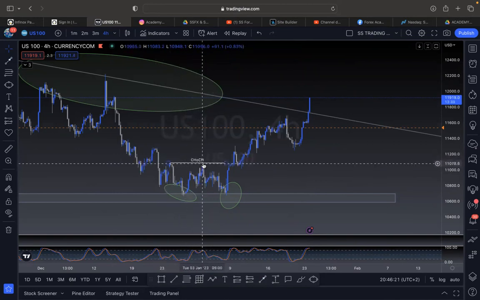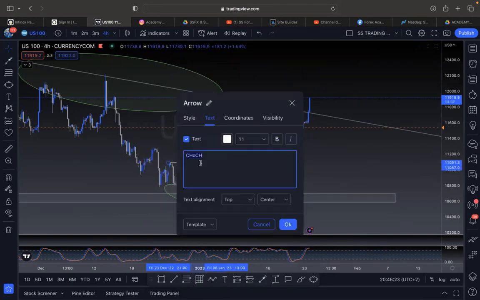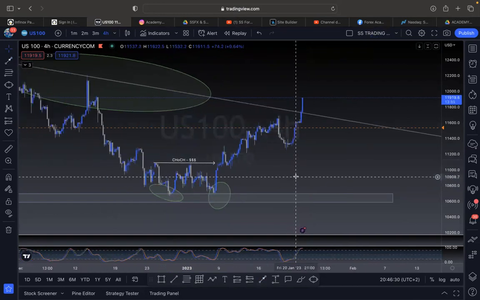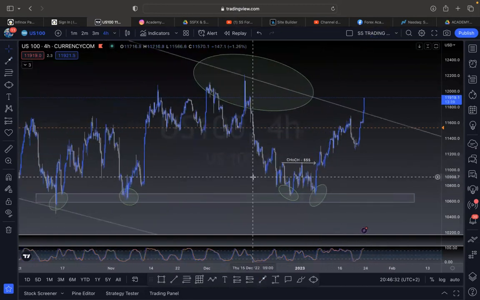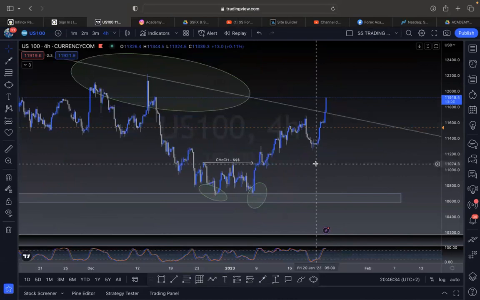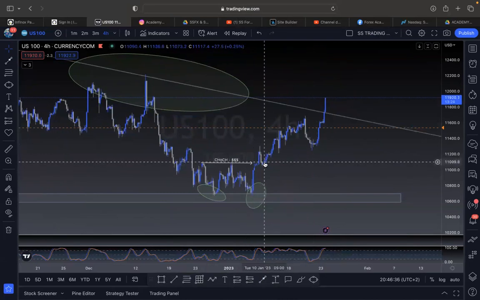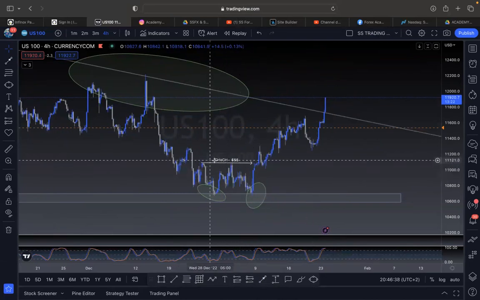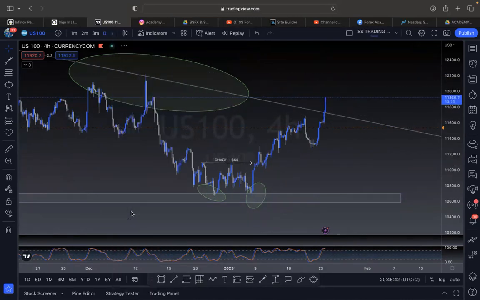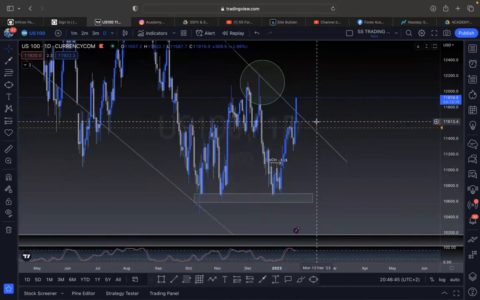You see these two equal highs? So that means we had liquidity that also rested there, right? Which was taken with that drive to the upside. So we had a minor change of character in that area, and we're still awaiting the major change of character. But if I go back to the daily time frame,